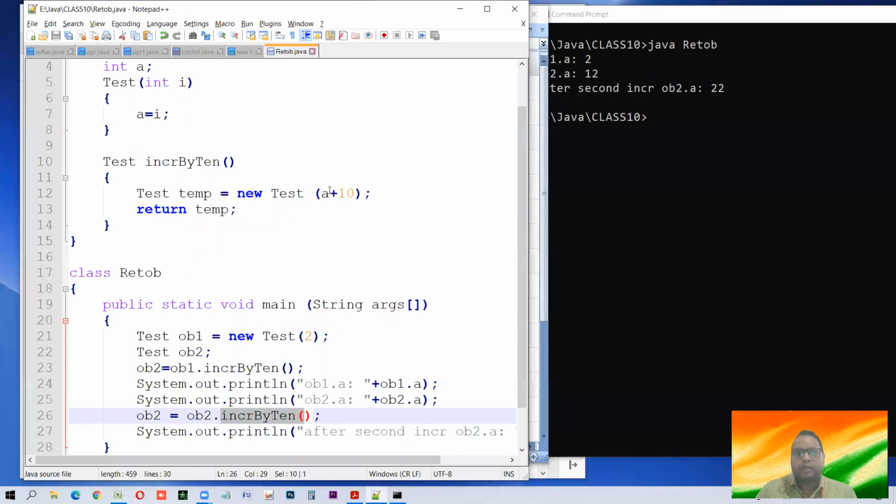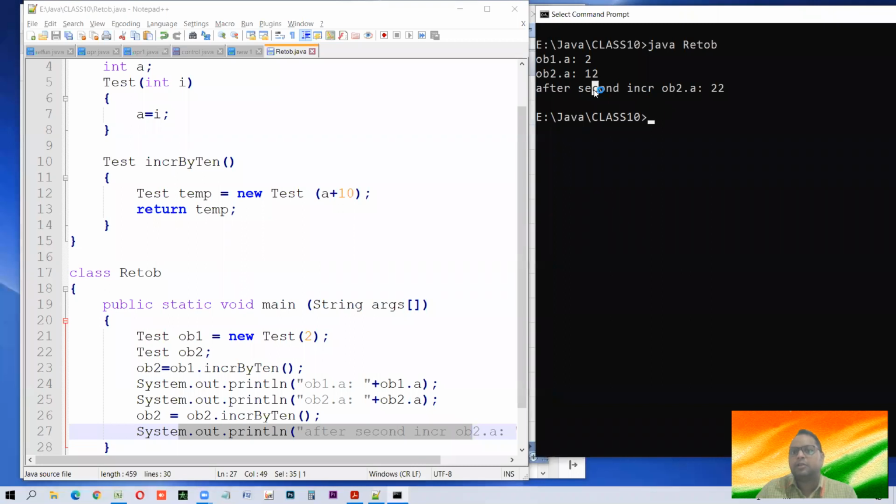So OB2 के a का वैल्यू क्या है? 12 plus 10. तो उसका नया वैल्यू हो जाएगा रिटर्न होने के बाद 22. After the second increment it is 22.